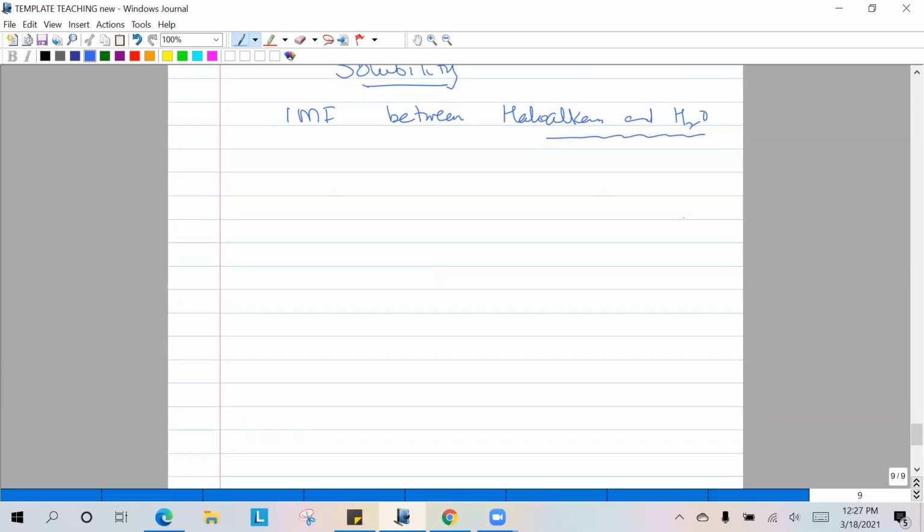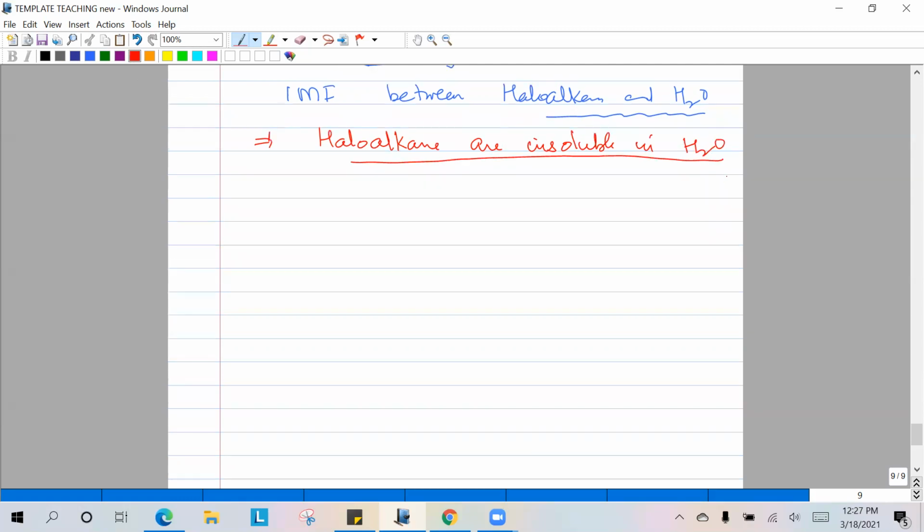A straightforward statement is that haloalkanes are insoluble in water. As simple as that. That is enough for us. But if you want to explain, you would simply say that